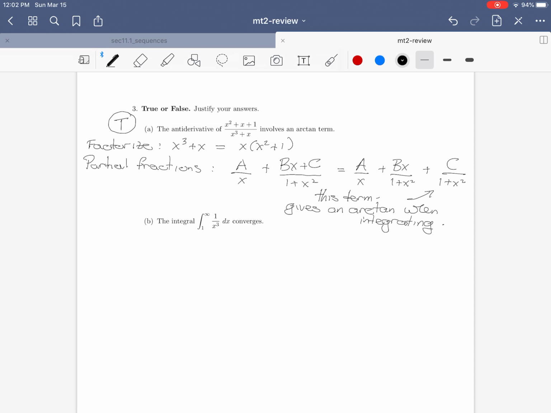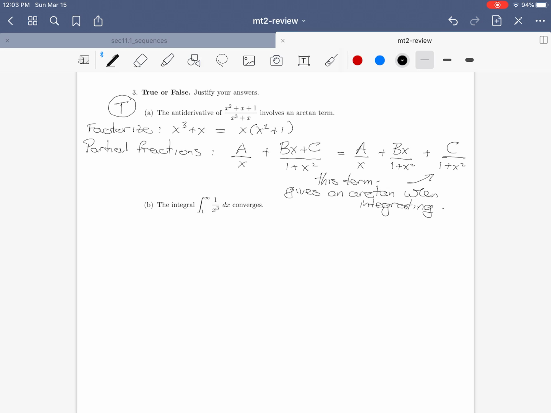Okay, second true or false question. The integral of 1 over x cubed from 1 to infinity converges. So this is also true. And the way in which we are going to determine this is to work directly from the definition of an improper integral